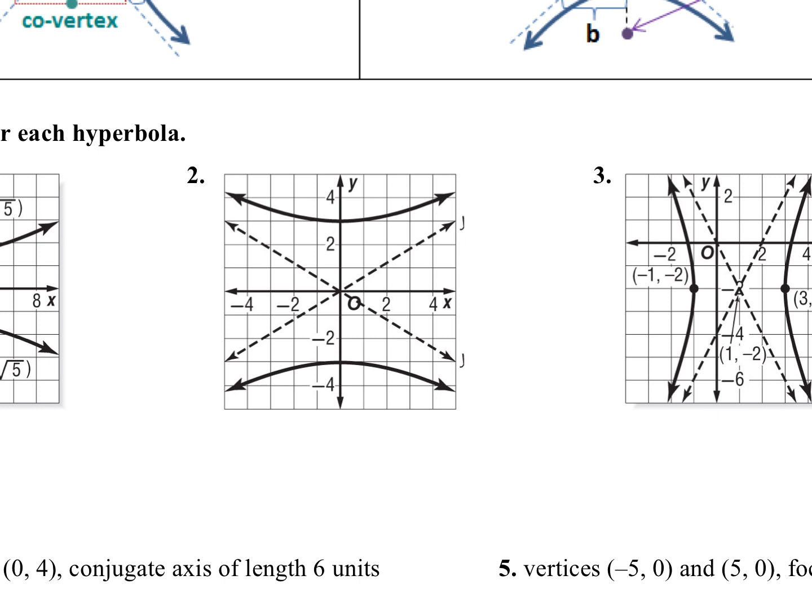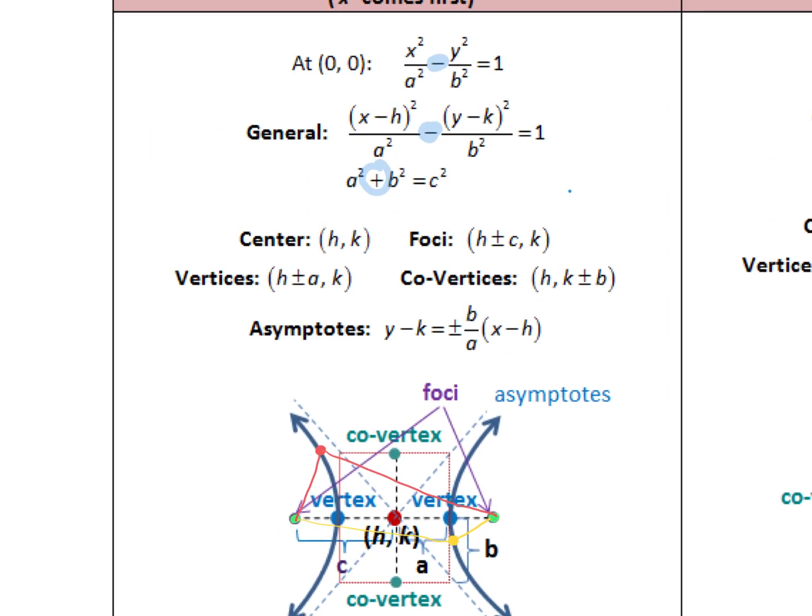All right, number 2 is another vertical, and it's also centered at 0, 0, because if I take these two vertices and find the midpoint, it's 0, 0. So let's go ahead and start with y squared over something minus x squared over something equals 1. All right, so those dashed diagonal lines, those are the asymptotes. And so the slope of the asymptotes of